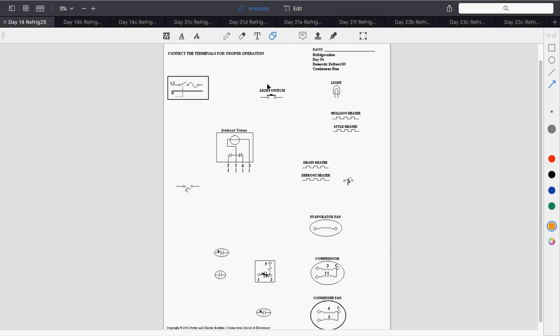The mullion heater. Those are powered all the time. Those are the ones I was trying to get to. So the mullion heater and the style heater, they're actually in parallel. We want to power these things at all times. They sure messed this one up. So we're actually going to switch our neutral. It doesn't really matter, but in this case, for neatness,